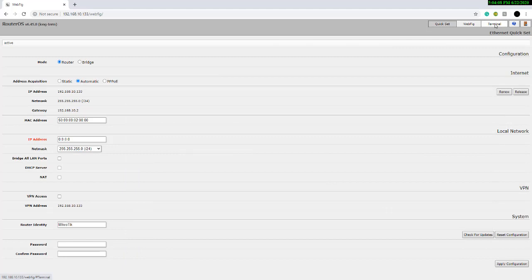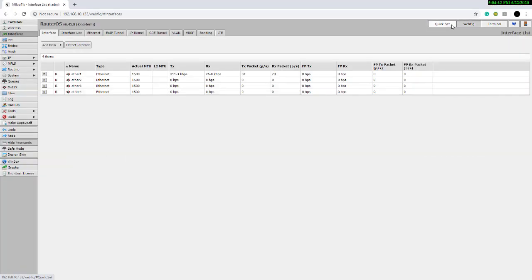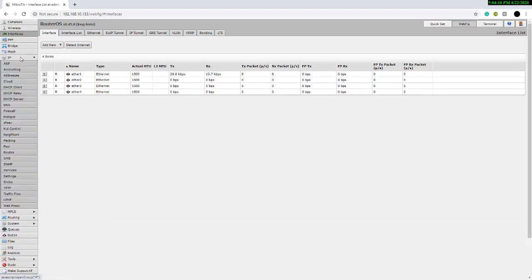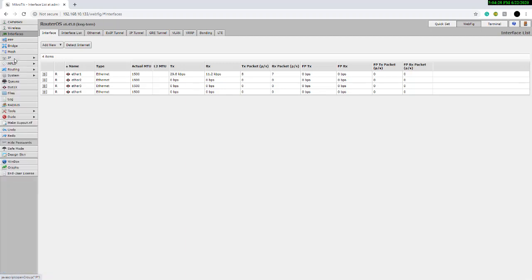So we can see here that this is the MikroTik. If you click on the Webfig option, here you can see all options, like the IP options. So this is the way to open Winbox in your browser. So I hope you understood this.